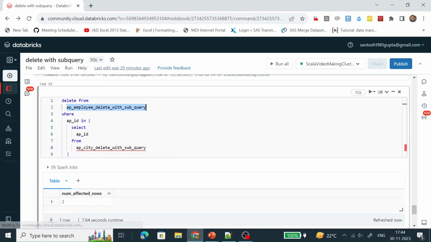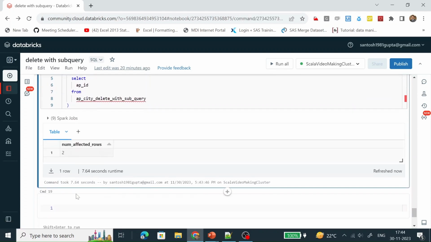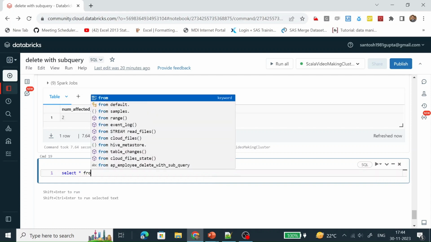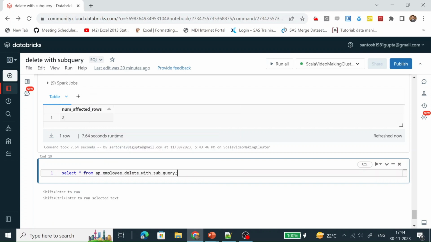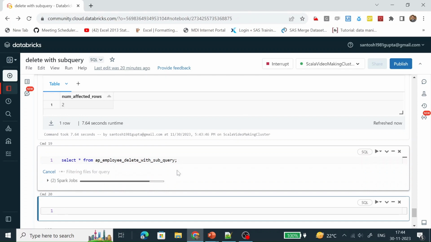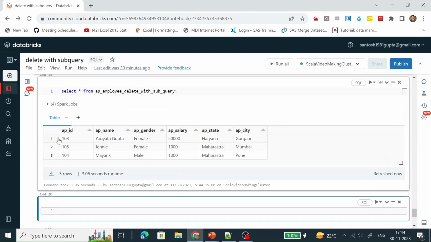If we do a select, let's see how much data it has. Select star from it. We can see APID 101 and APID 102 have been deleted from this table. How?